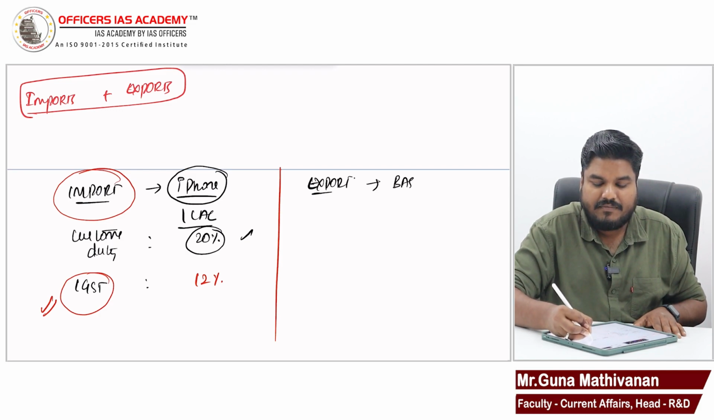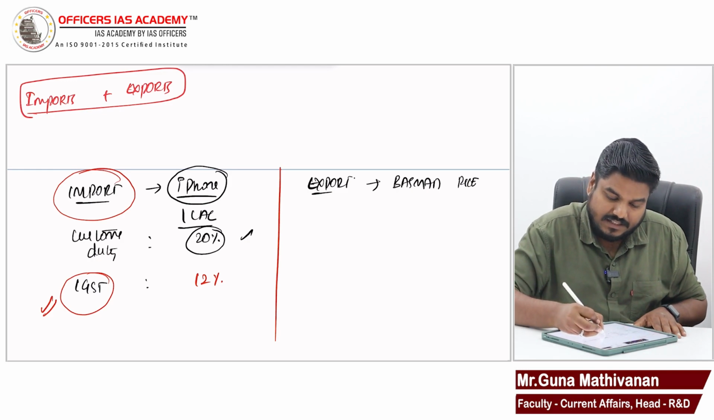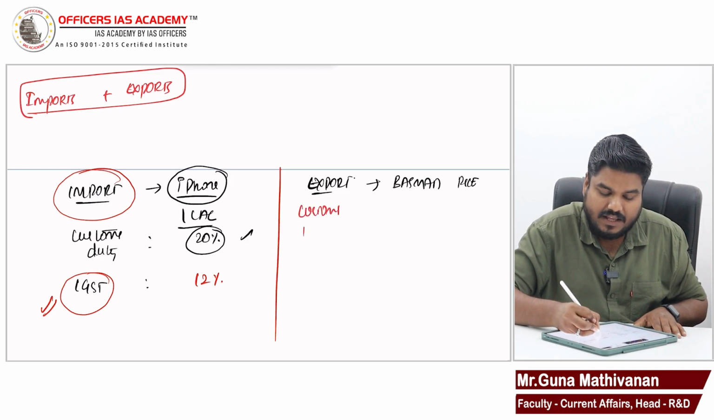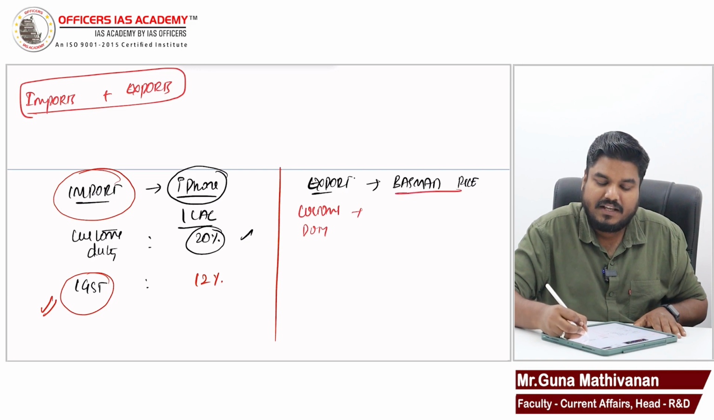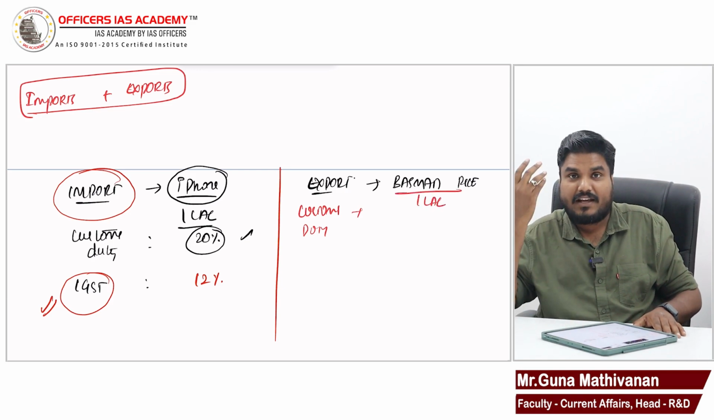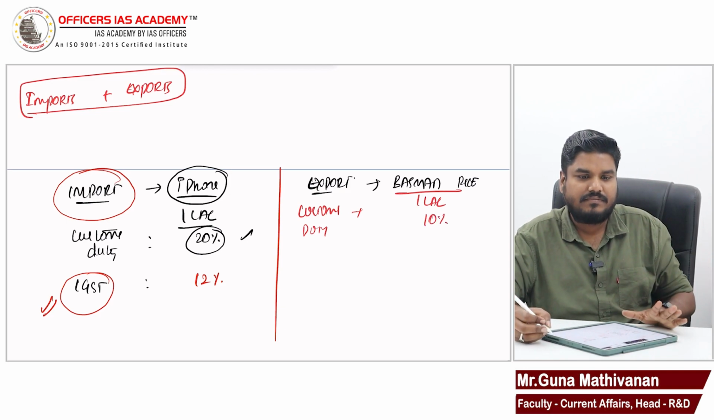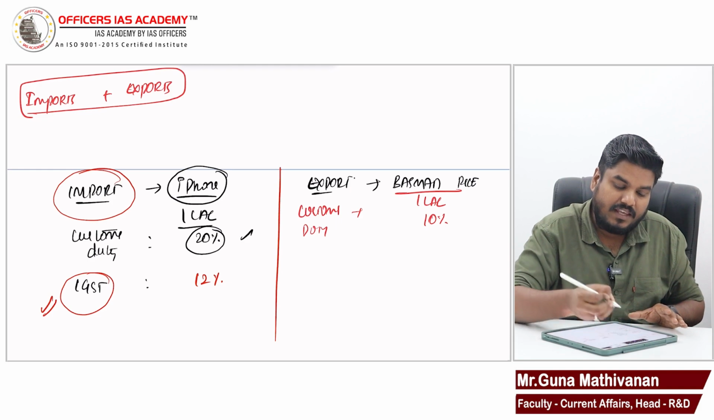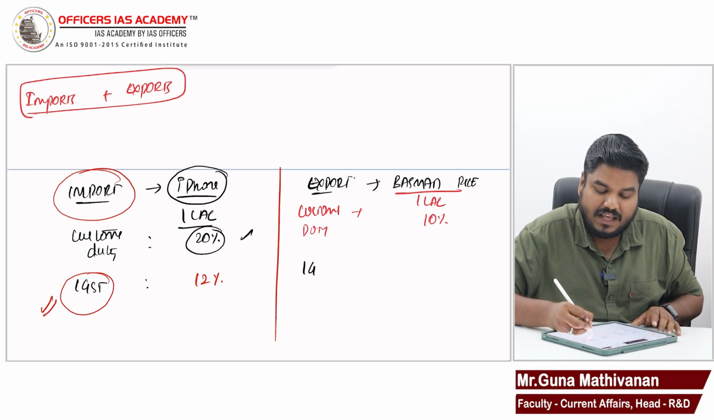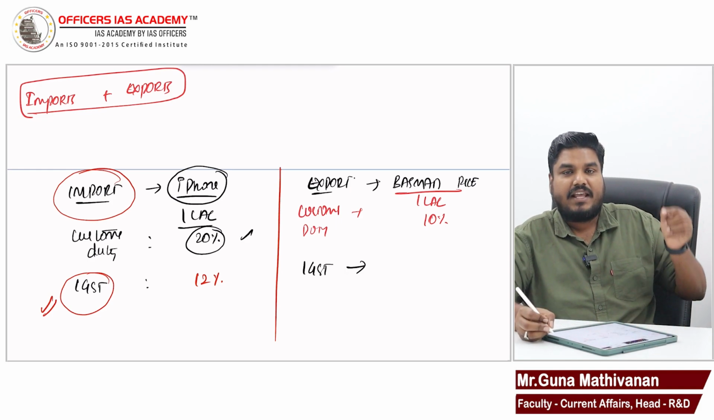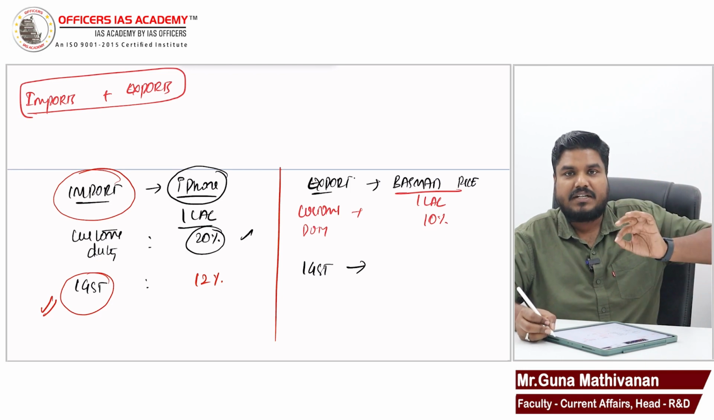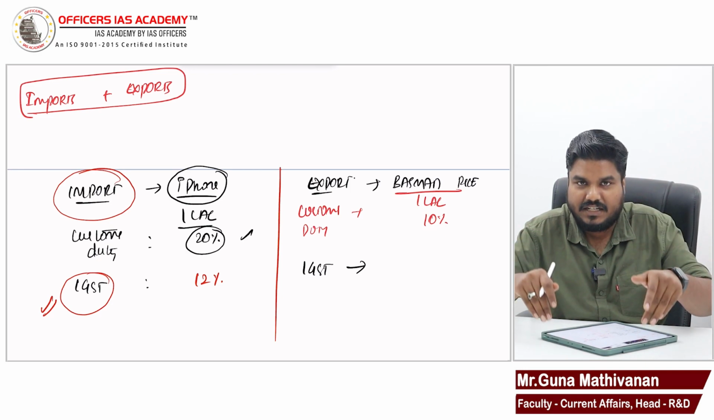Similarly, when you export, let us say I am exporting basmati rice to America. There will be customs duty. Let's say I'm exporting 1 lakh rupees worth of basmati rice. 10% customs duty is imposed. Assume even here there will be IGST. Even in exports there will be IGST, but as of now, at least till today,